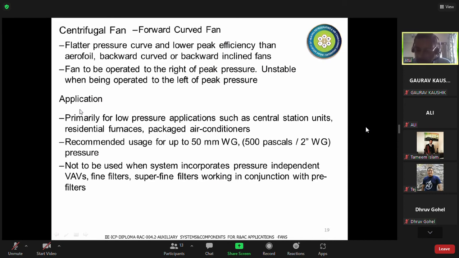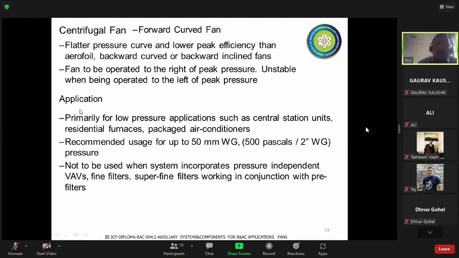First, you need a centrifugal fan. You cannot use just an axial fan, that is, your pressure requirement is higher than what is possible with axial fans. However, your requirement does not demand very quiet performance or very good energy efficiency, and your budget is constrained, not very high, so you will go in for a centrifugal forward curve fan.